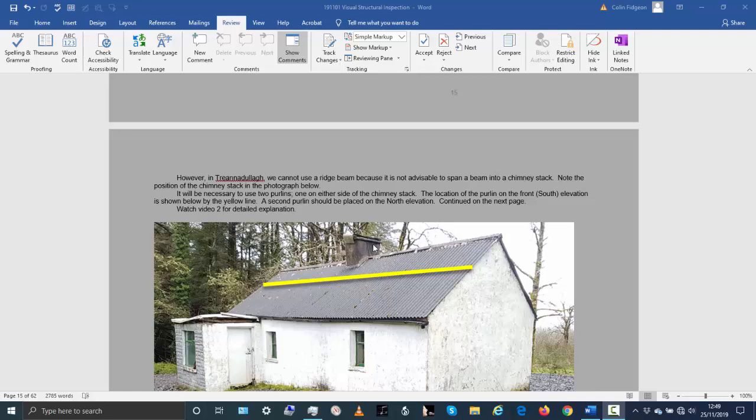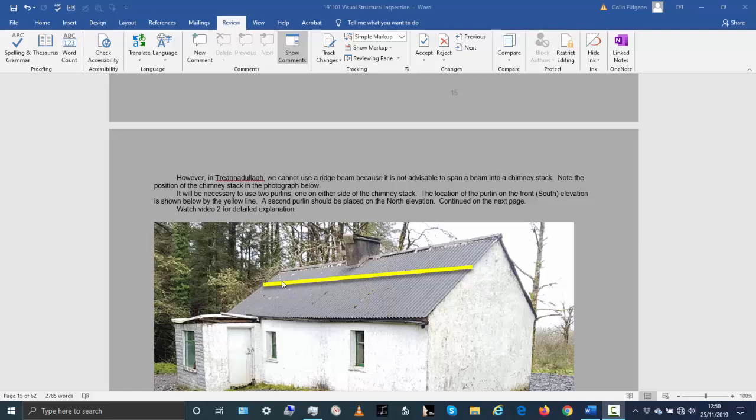So in your particular instance, instead of adding a beam right at the ridge, what I would propose to do is to add 2 beams on either side of the chimney. So your steel beam that you're adding in would be spanning from this gable wall to the internal gable wall to the end gable wall. And now we would need 2 of these ones.